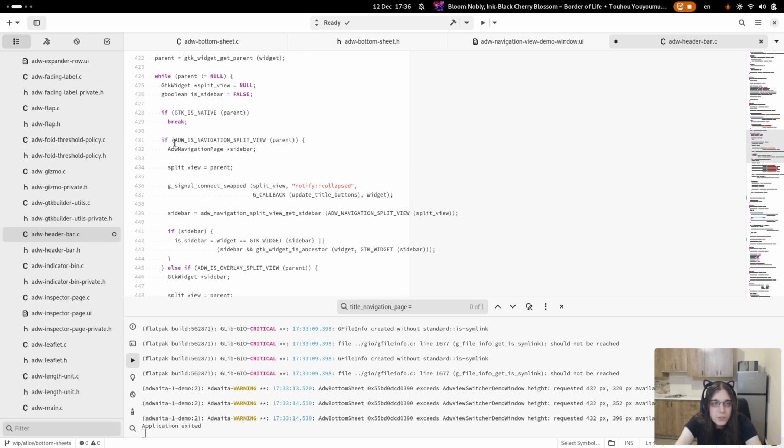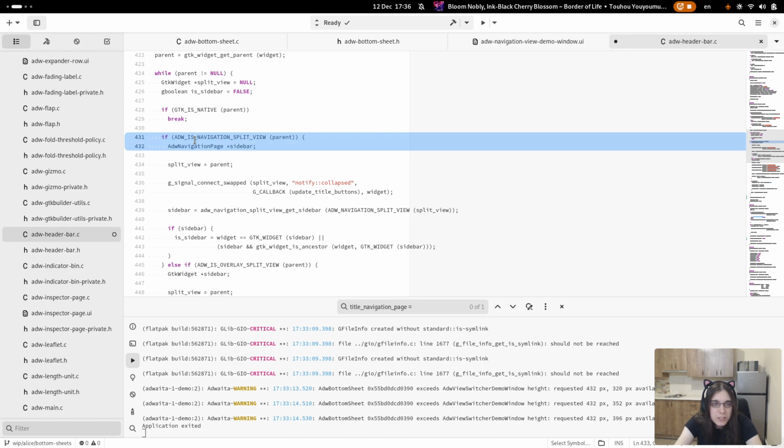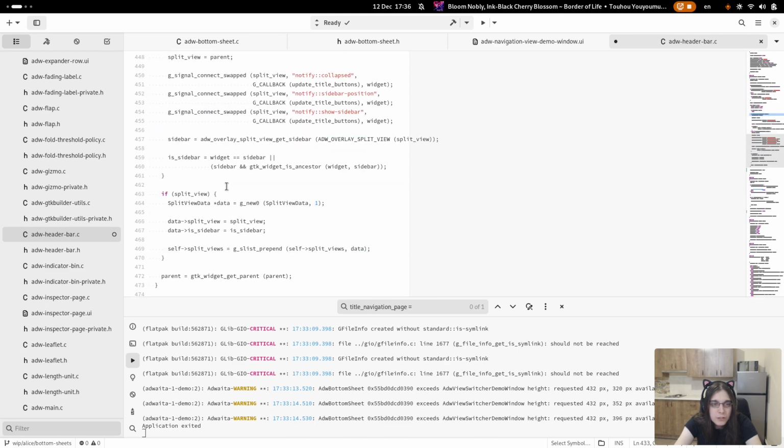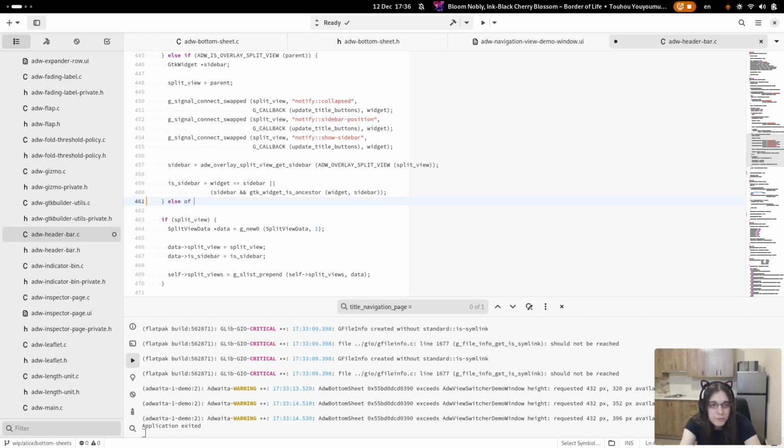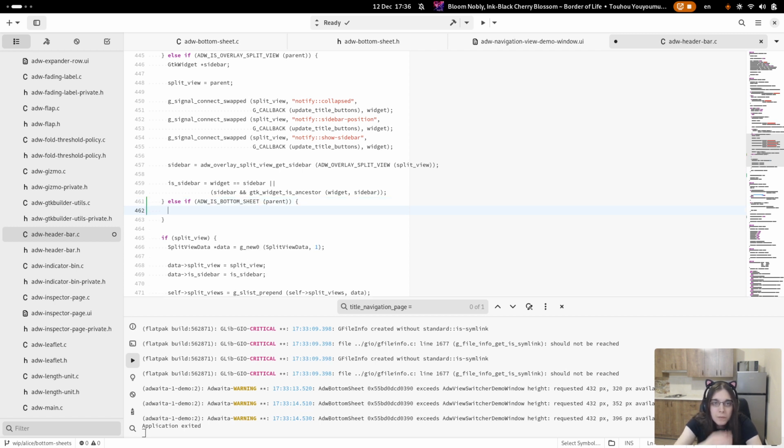okay, yeah. So we're going to parent. If it's split view and navigation split view, this, else if is bottom sheet, parent, then the get.